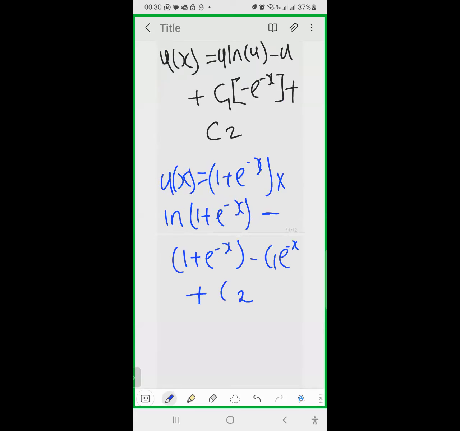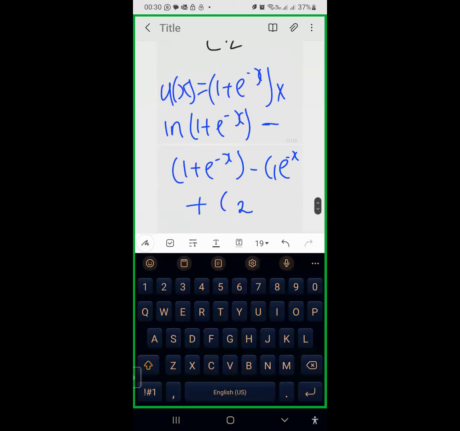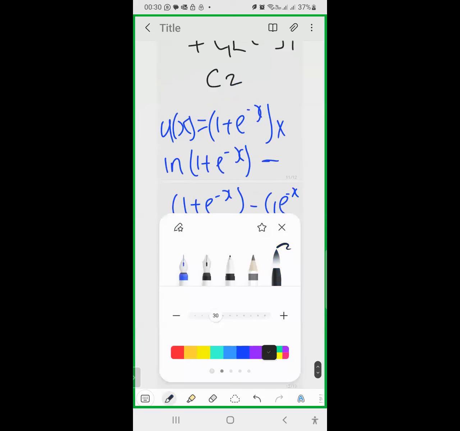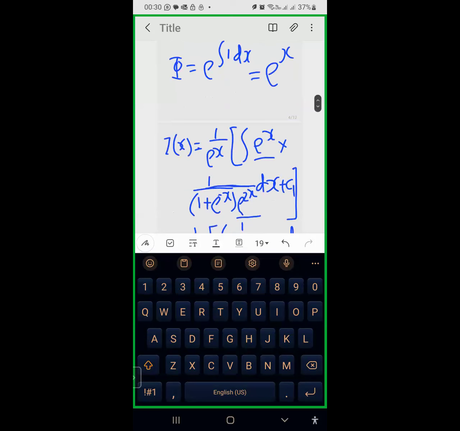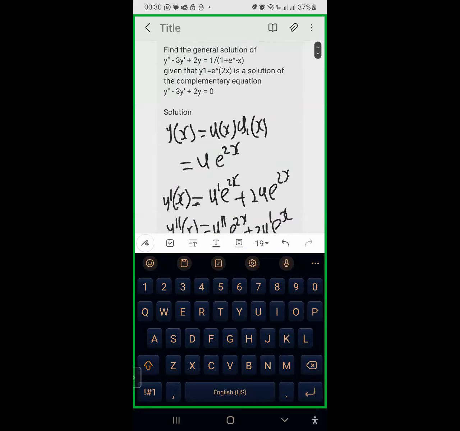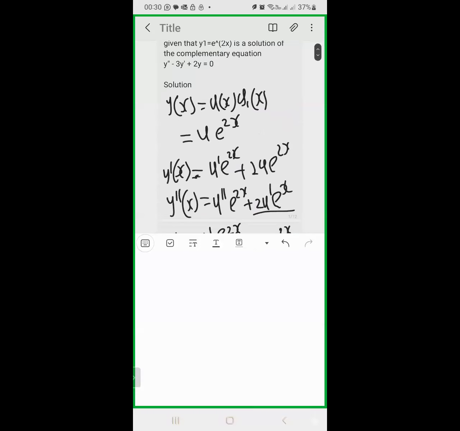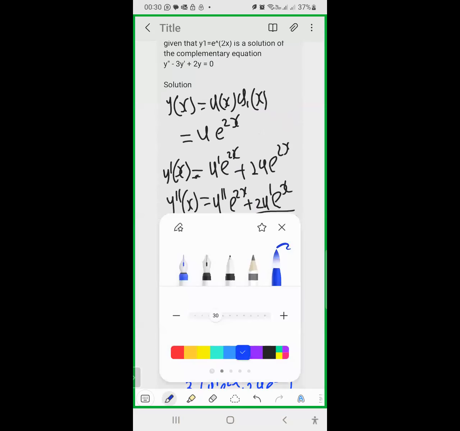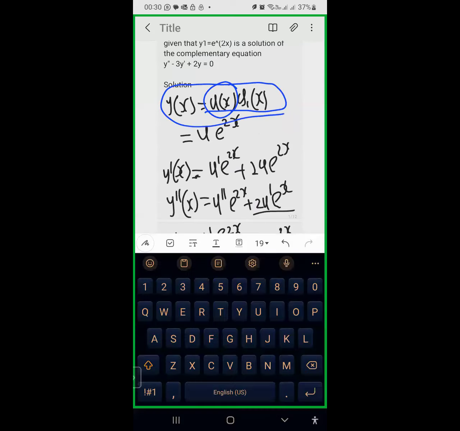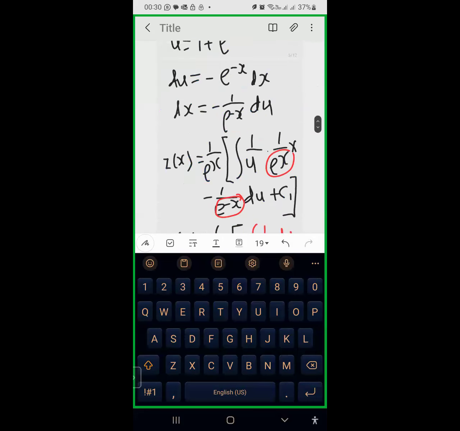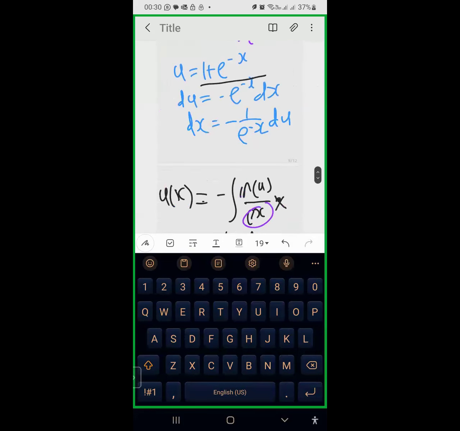Therefore, remember we said that we assumed that the general solution is in the form of u of x multiplied by y1. We found our u of x, so we can substitute it there and multiply by y1 of x. So hence the general solution to the ODE will be